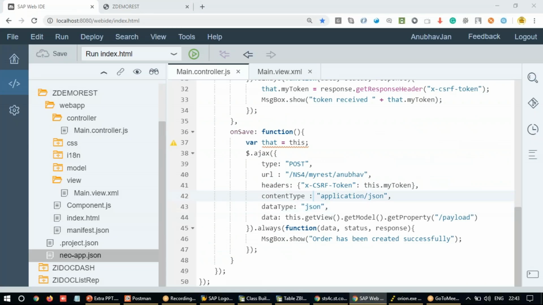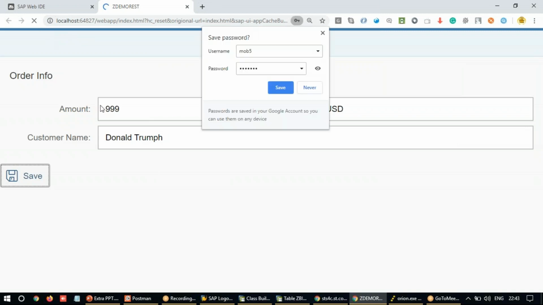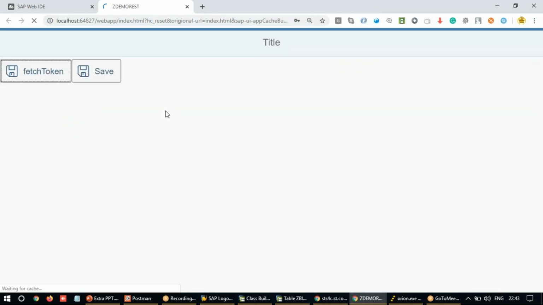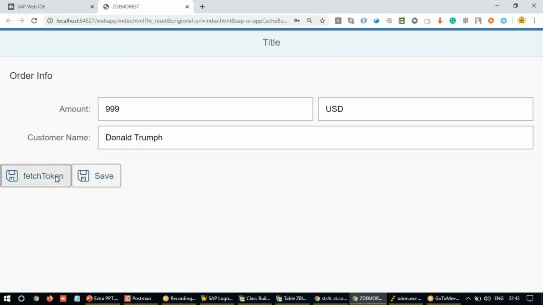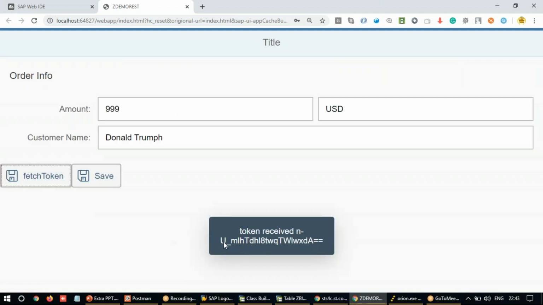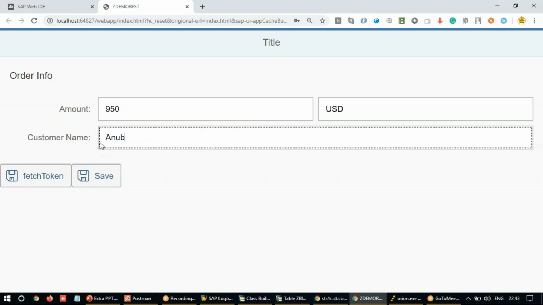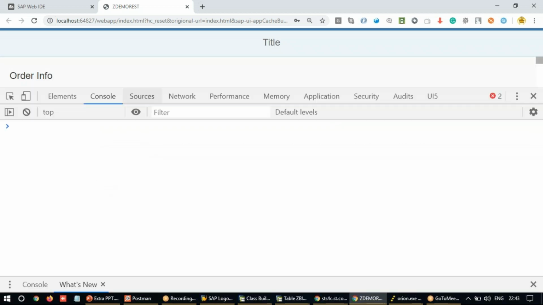I'm going to go back, refresh, and let's pass the data out here in the system. So it's loading. I'm going to fetch the token. The token has been fetched. Fantastic. It's time to post the data. So I say A950 US dollars, and I'm going to say Anubhav demo, and I'm going to press F12, also debug our UI5